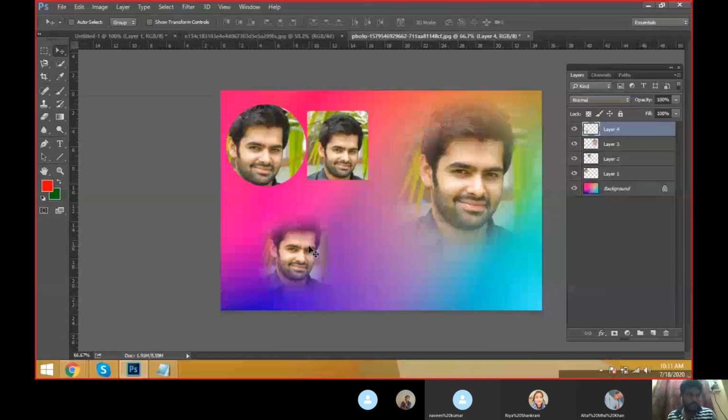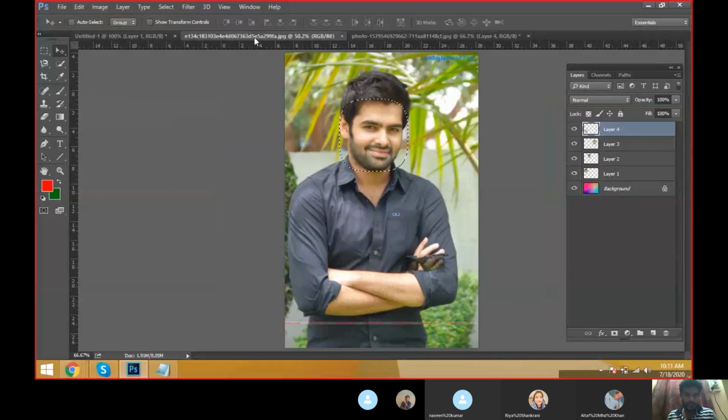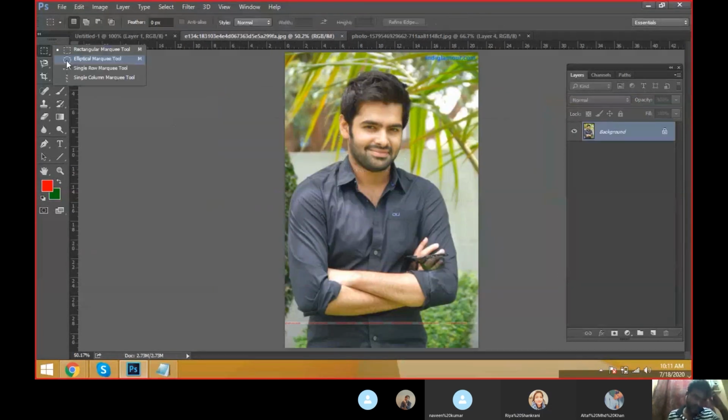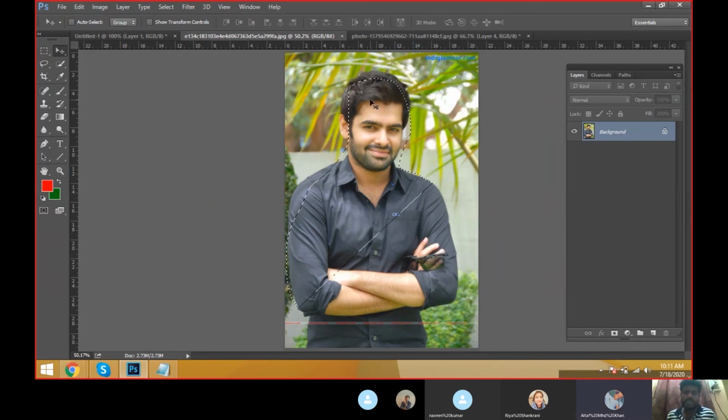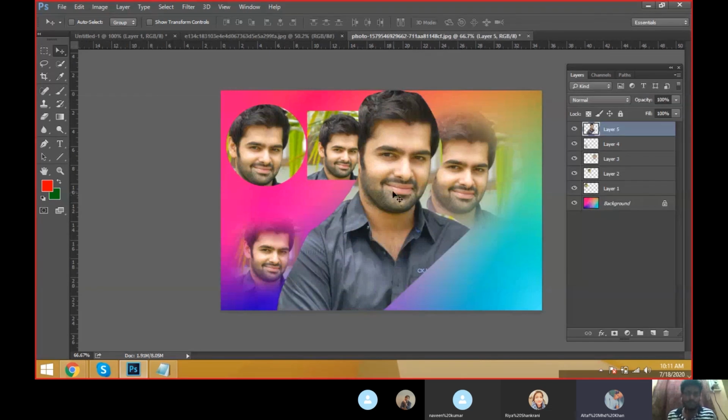Now go to the option. Now it's fine. We are using these two tools. Then how does the lasso tool help? With the lasso tool also we can take the selection. Now we have to cut the image. Is it coming properly? When you remove the mouse pointer, automatically the selection will come, which means it is not controlled.